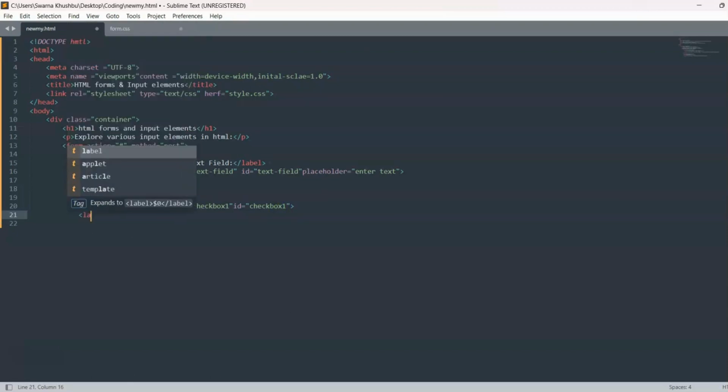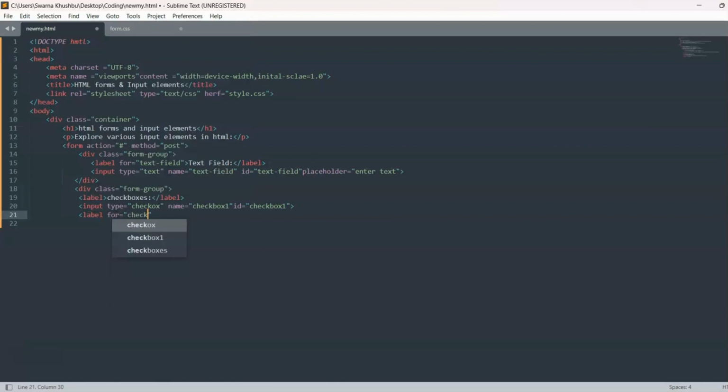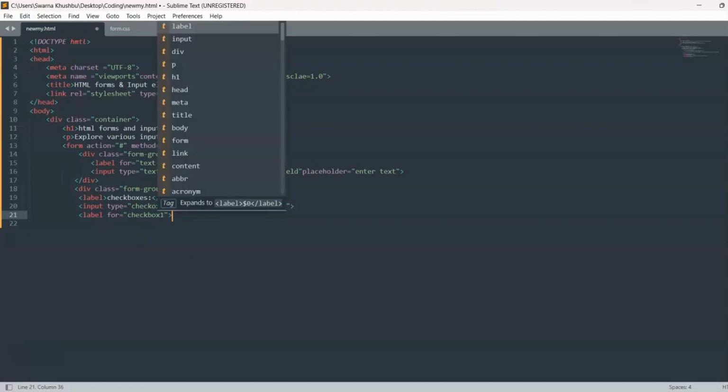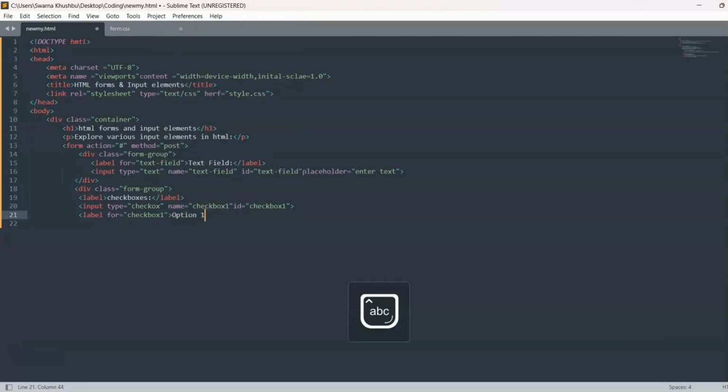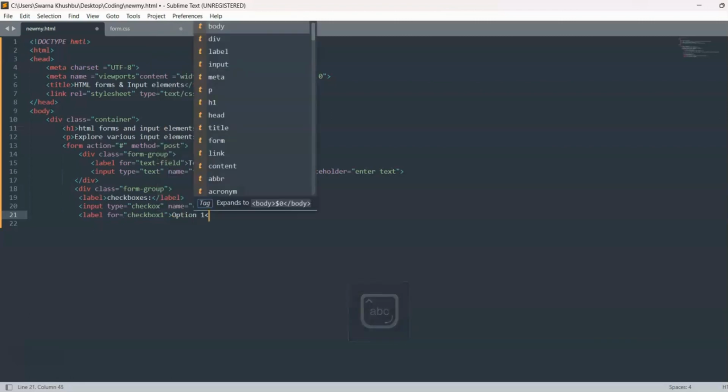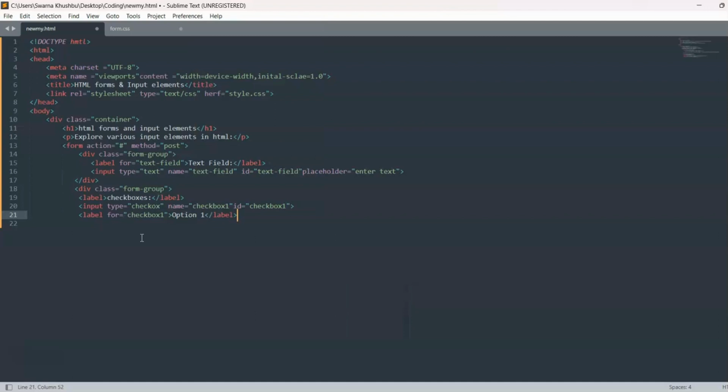So for that, we have to take the label again, and inside the label we have to mention label for checkbox 1. Okay, and you can just close this and write option 1. You can change it according to your choice, if you want to give any other name, you can give it over there. Okay, next, suppose I have created this for checkbox 1, I'll again create it for another,